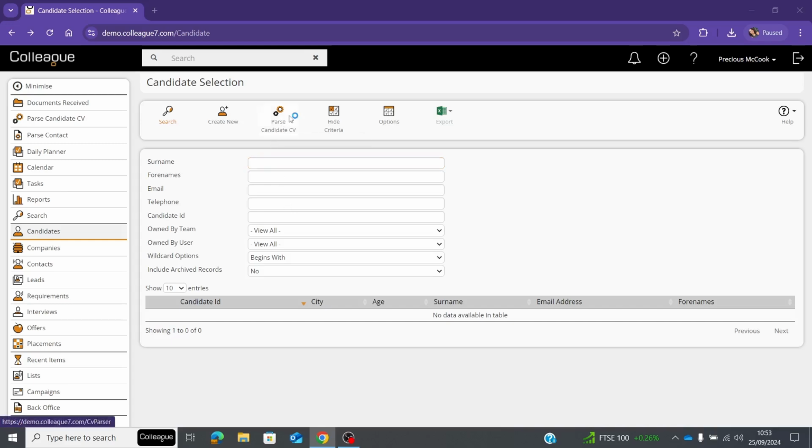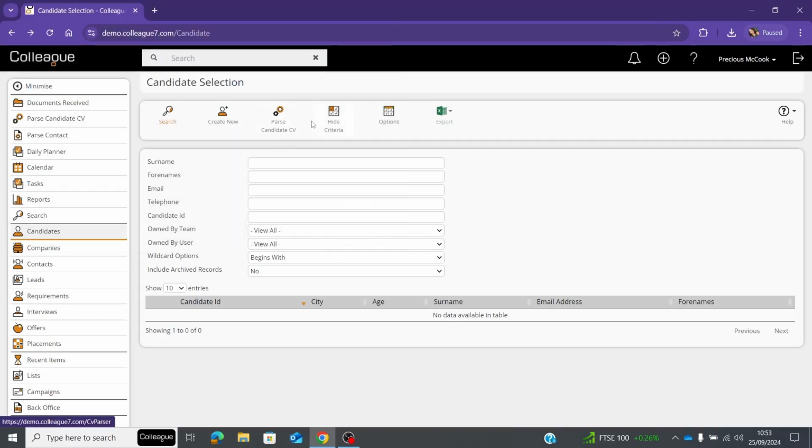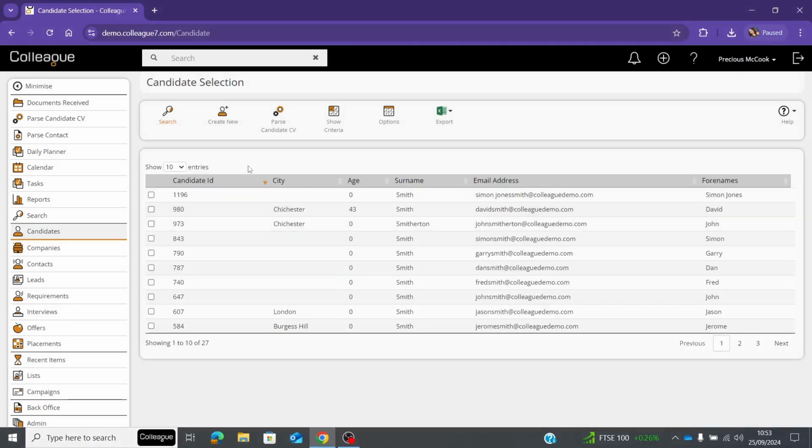If you select this, it will take you to all of your files, and then you can select the applicable file and press open, and it will basically parse that information for you. When you do a search, and then select search, it will give you a list of all the applicable records with the information that you've popped in the search